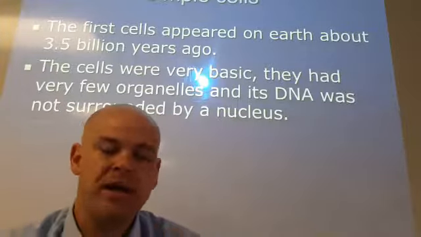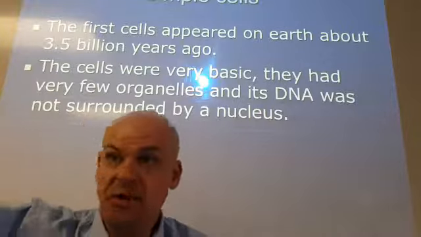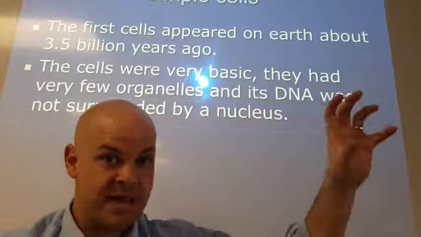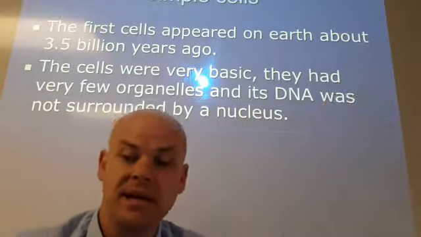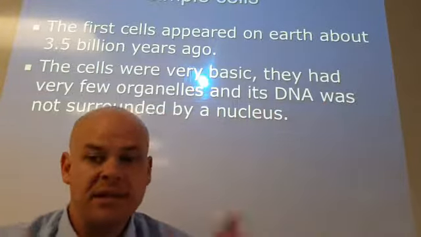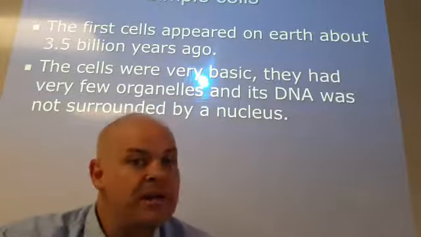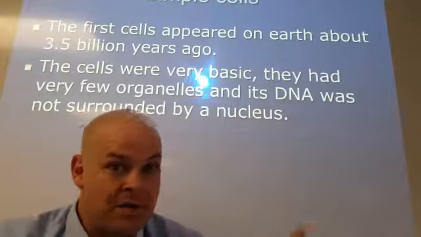Prokaryotic cells' nucleus is floating around in the cytoplasm. Or the DNA, I'm sorry. The prokaryotic cell's DNA is floating around in the cytoplasm. The eukaryotic cell's DNA is inside a nucleus, nice and tight inside a nucleus. So there's a lot of differences between prokaryotic and eukaryotic cells, whereas they have similarities too. Some of the similarities are that they both have